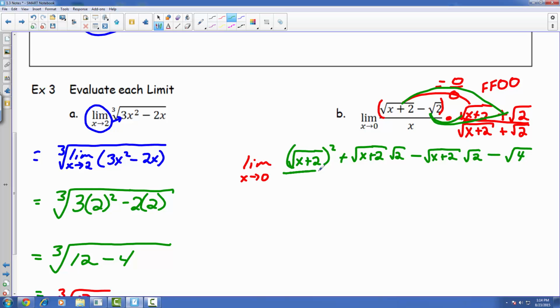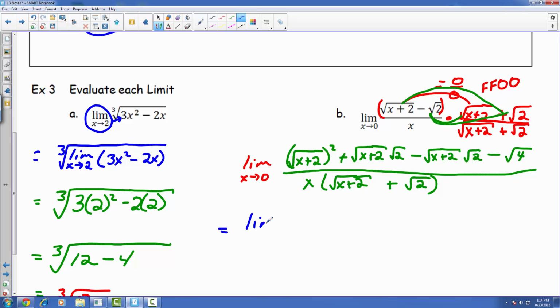On the bottom, I'm actually not going to go ahead and distribute that x in. We're just going to have x still times the square root of x plus 2 plus the square root of 2. And if we look carefully on top, we have the square root of x plus 2 quantity squared. Well, essentially what will happen is that square root will just end up canceling out with that squared term, leaving us just that x plus 2